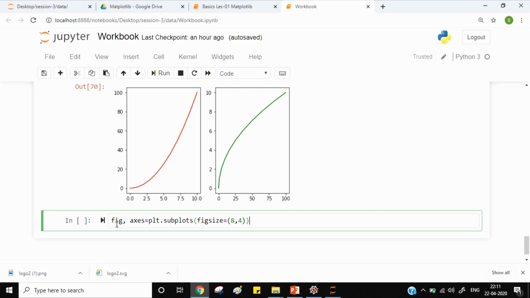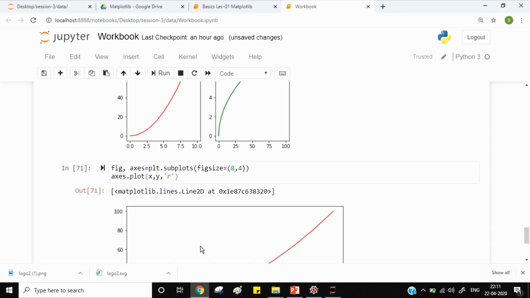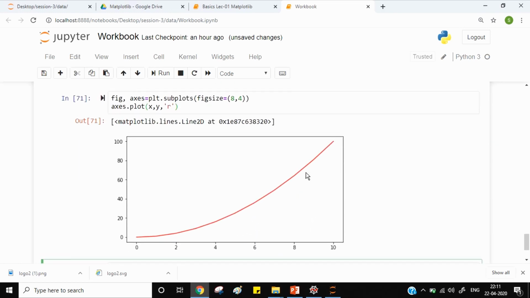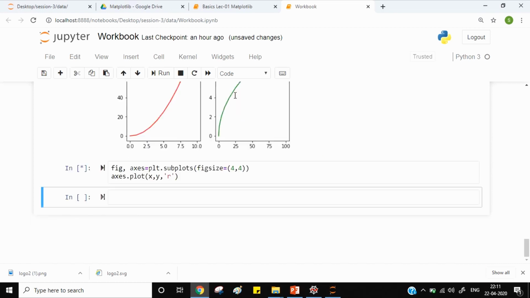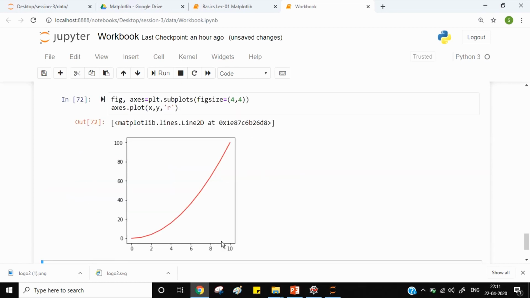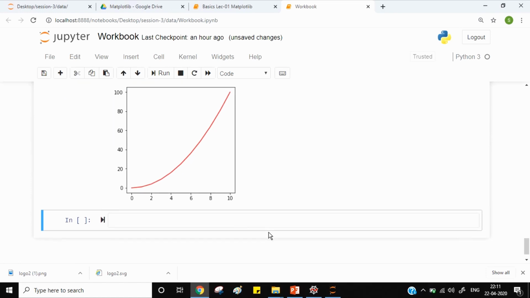So let's see, axis.plot(x, y, 'r'). You can see this is of width 8 and this is of height 4, so you can change this to change the size of the canvas.